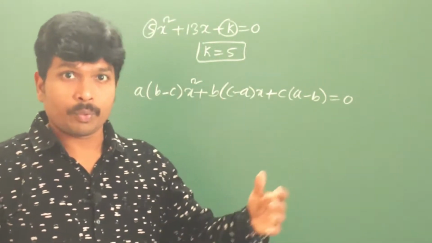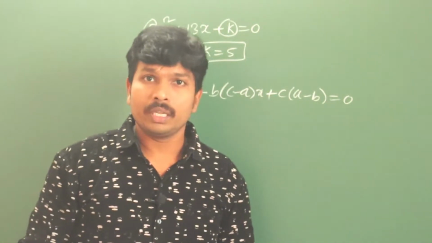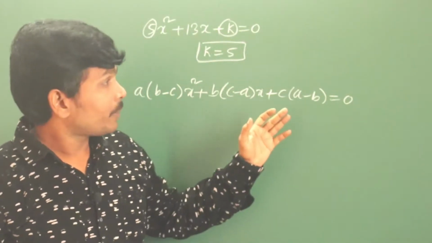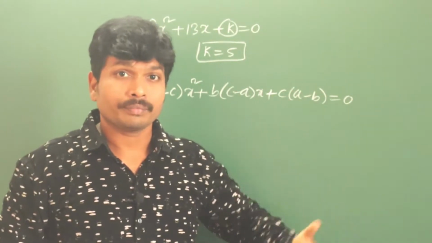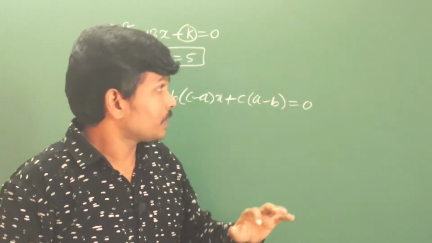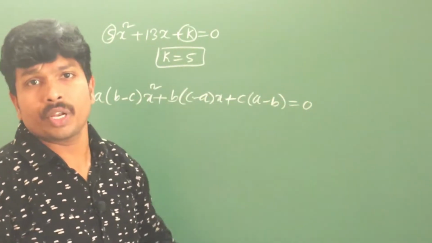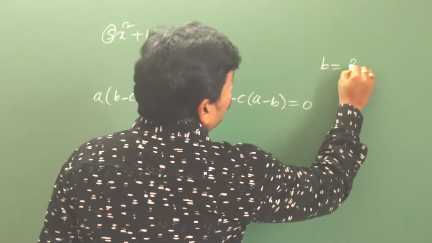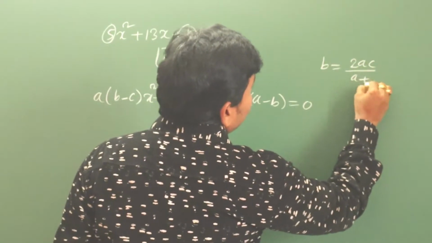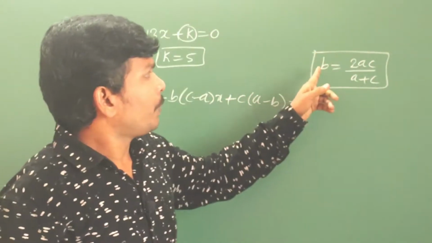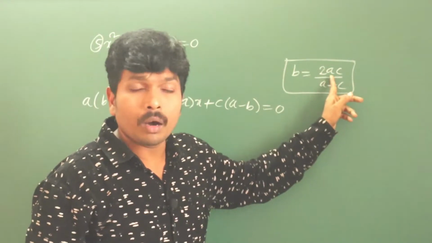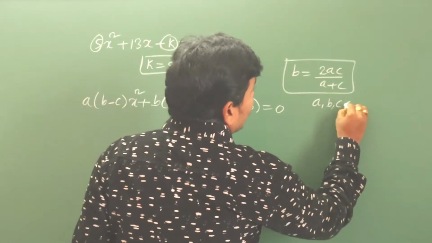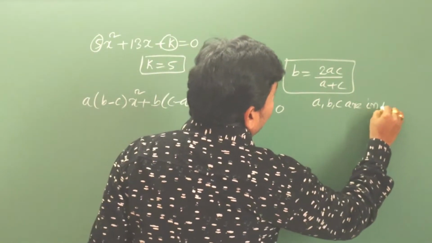You have the progressions chapter in your module, so you must have known it. I am just giving you some results. Most of the members, I think, know harmonic progression. Otherwise, take this statement. If B is equal to 2AC by A plus C, then B is called the harmonic mean of A, C, or A, B, C are in a harmonic progression.